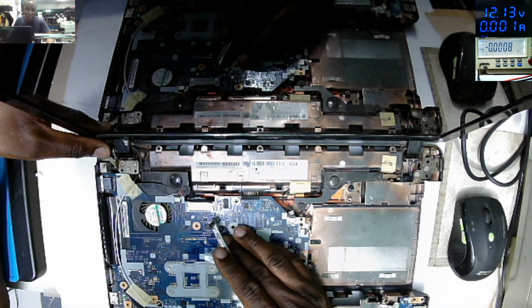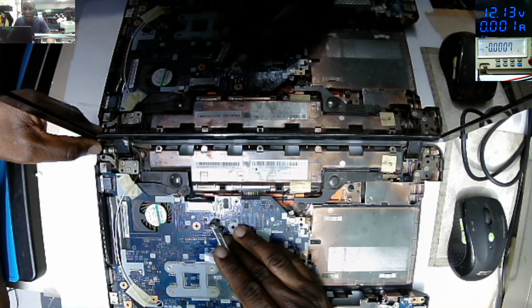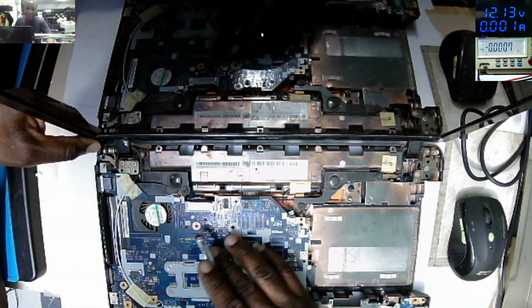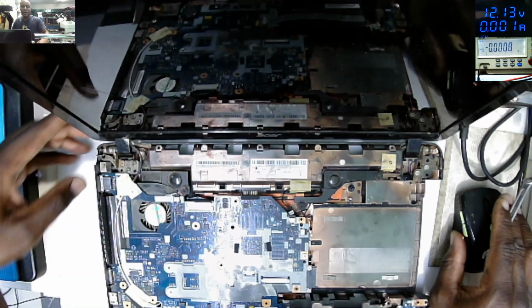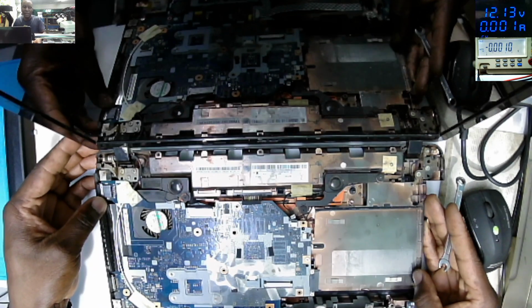So I'm using epoxy in such kind of jobs, or I'll use a mix of epoxy and hot glue. Okay, but before you put whether it's epoxy or hot glue, but before that,